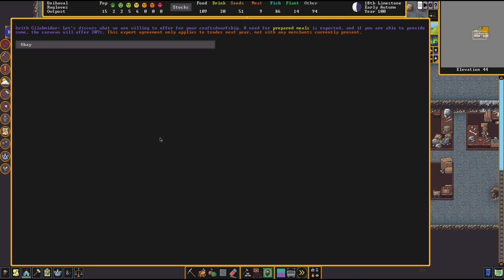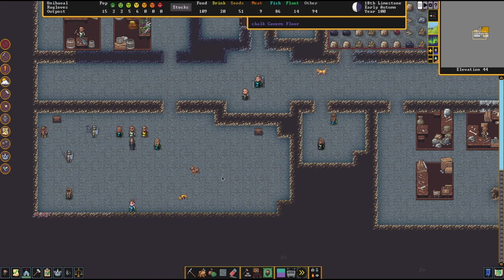So, let's discuss what we are willing to offer for your crafts dwarfship. A need for prepared meals is expected, and if you are able to provide some, the caravan will offer 207%. So twice and a bit the actual value. That's great. This export agreement only applies to trades next year, not with any merchants currently present. Okay, so we should make prepared meals for next year's caravan. How we keep those, I don't know, but...